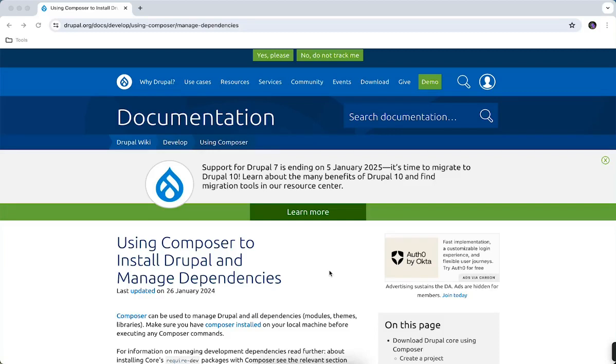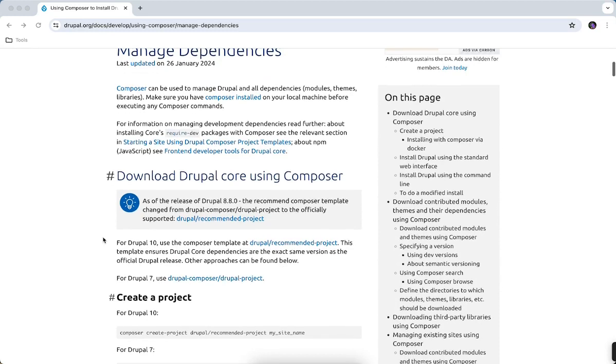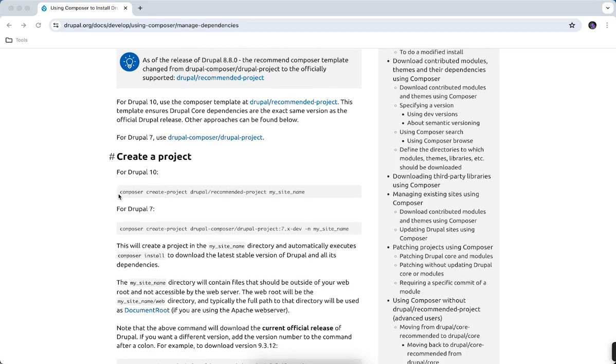Hello everyone. Today we look into how to install a Drupal instance using Composer. I'm referring to the documentation in drupal.org. It is a highly recommended documentation which you have to go through for all the Composer related things in Drupal. As per this documentation, we can create a project in Drupal using the command here, composer create-project,